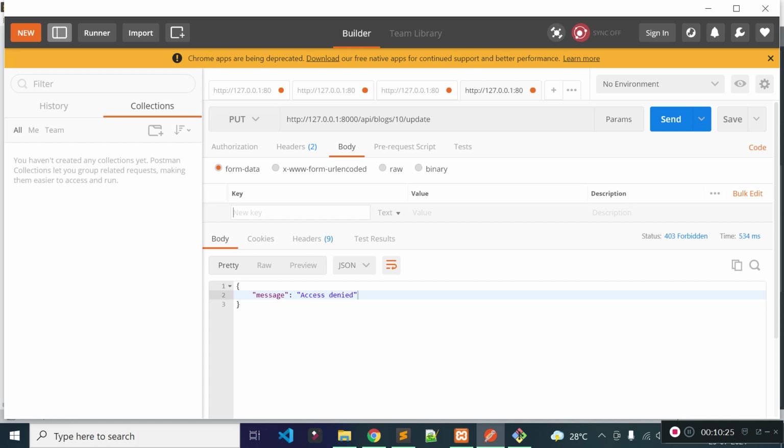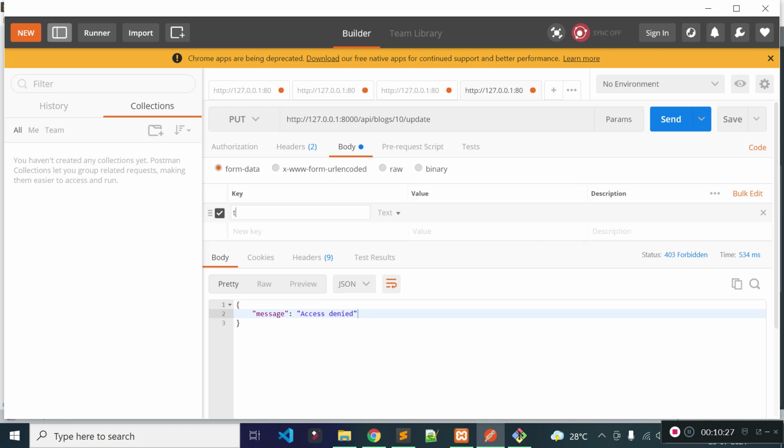If we add the title in the form data, it will not take effect, because in Laravel, if the API method is PUT, then Laravel cannot take the data from form data. We need to provide data inside x-www-form-urlencoded or raw data.